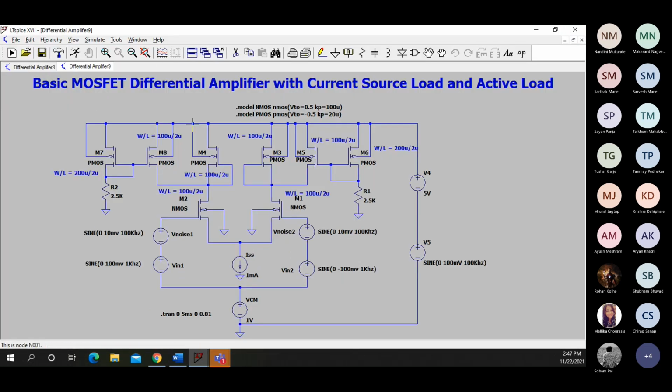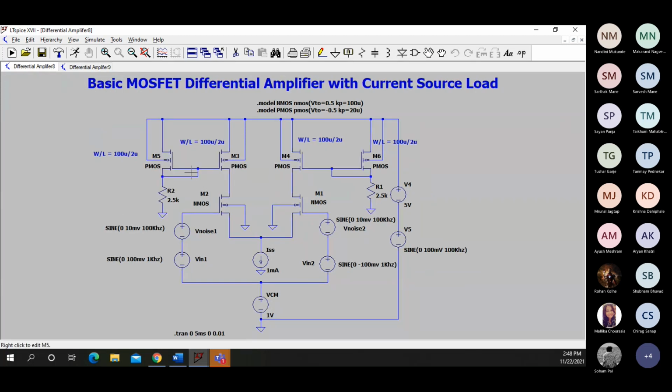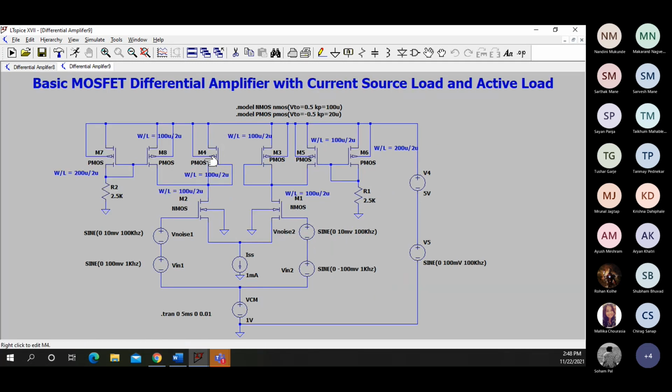So this is basically like the ultimate differential amplifier. Everything above this point is a load. So in this case, the load is a constant current source. In the previous case, we saw the loads were resistances and PMOS and NMOS whose drain and gate were shorted. Now this particular amplifier is a combination of a current source and shorted loads. So this is like the ultimate amplifier.